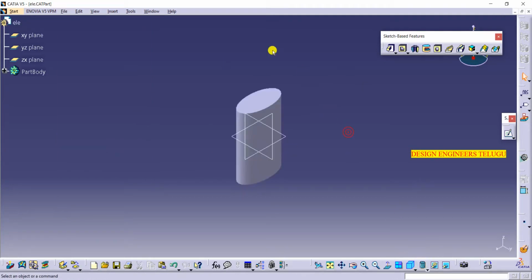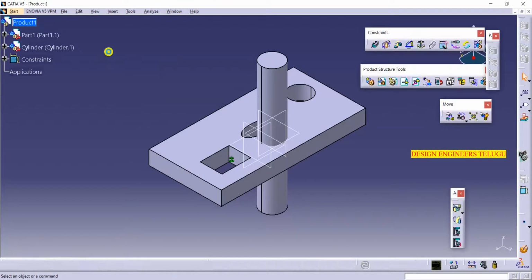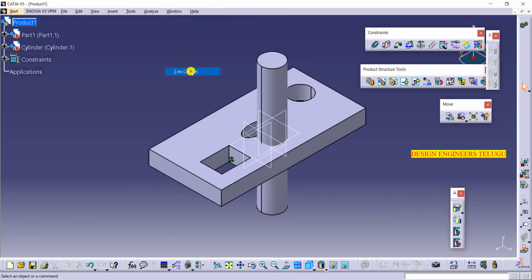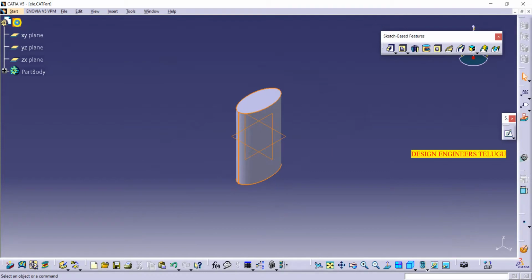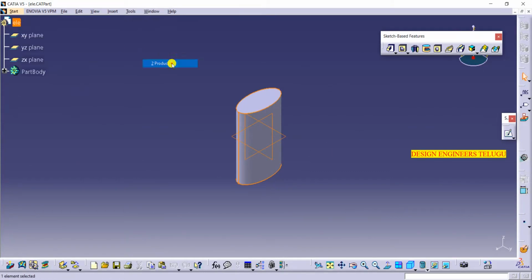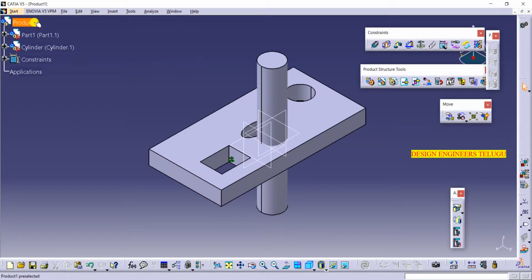So now instead of going to the assembly and searching for that component, suppose you have already opened that component, you can directly right click on that and copy the component, and paste it over here. Just right click and paste. Like this also you can import your component.